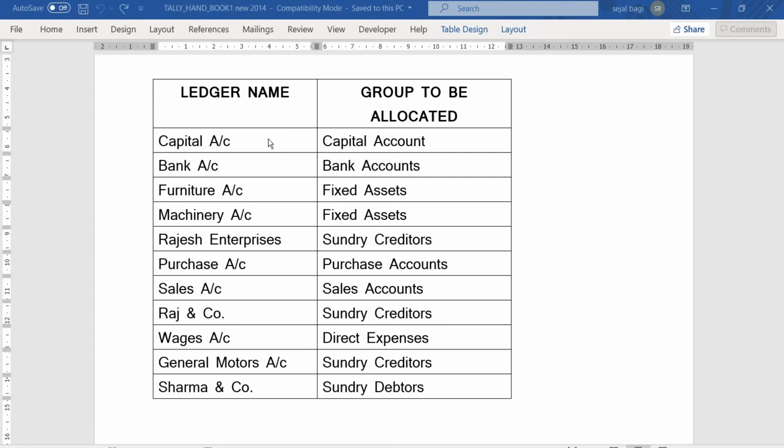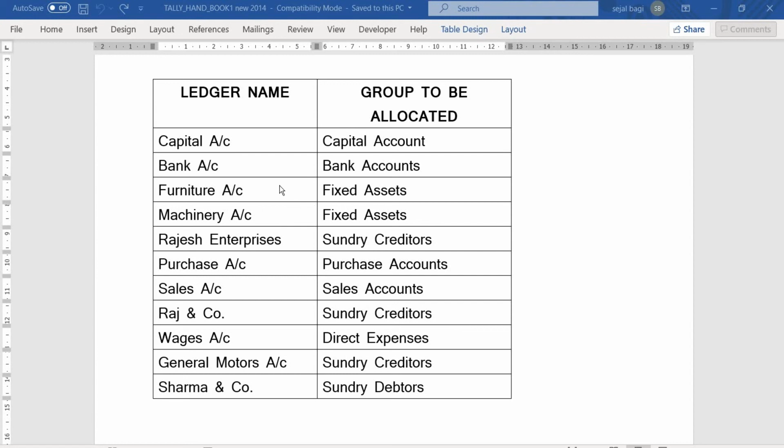Check the transaction and later recognize the ledger account heads and provide the name, and here we have to provide under which group it has to be allocated. For example, capital account, capital account, bank account, bank accounts, furniture account, fixed asset, machinery account, fixed assets.